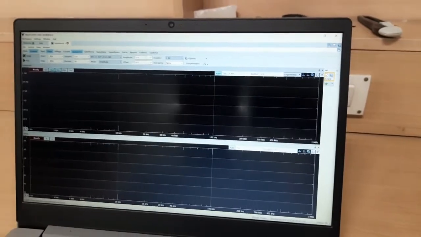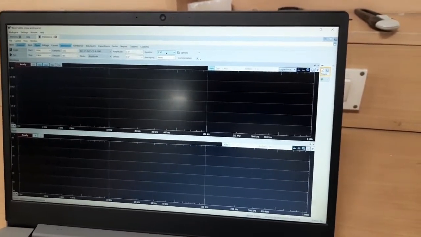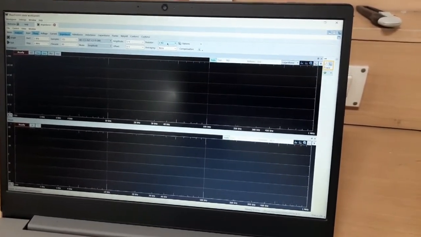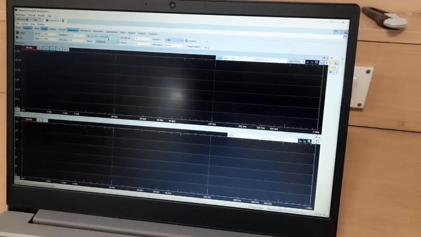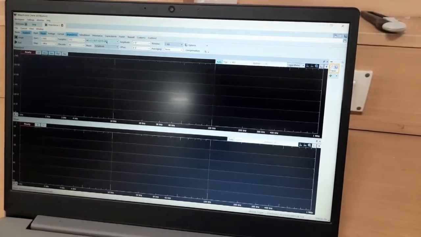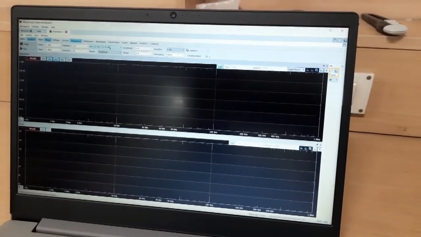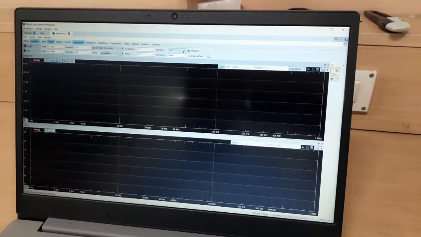Then the resistor here is a reference resistor for calculating the impedance. About this, you also get to know when you download the Waveform software, and you can search on the internet about how to perform impedance analysis, and you will get to know what this reference resistor is.